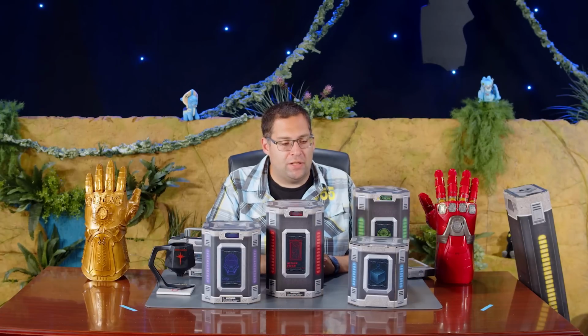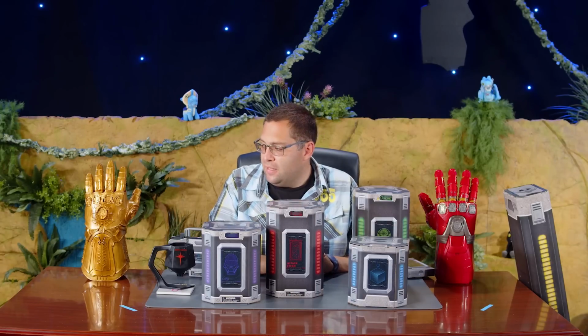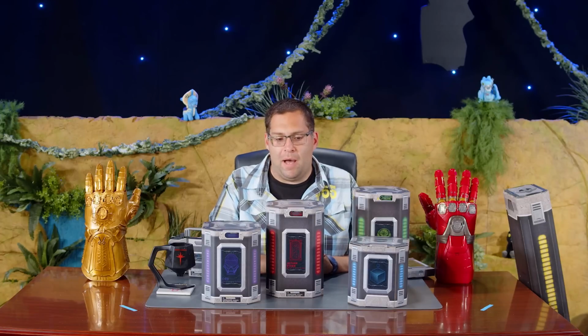With the opening of Guardians of the Galaxy Cosmic Rewind at EPCOT, Disney Parks has unveiled a new exclusive line of merchandise that I wish they had a name for, because they don't. So I'm going to try my best to explain what this is. It is a collection of items related to the Infinity Stones, which of course sum up a majority of the saga of the Marvel Cinematic Universe so far, leading up to Infinity War and